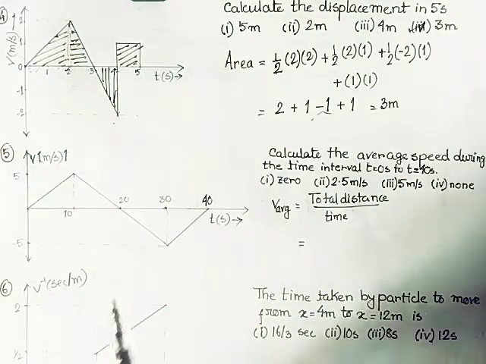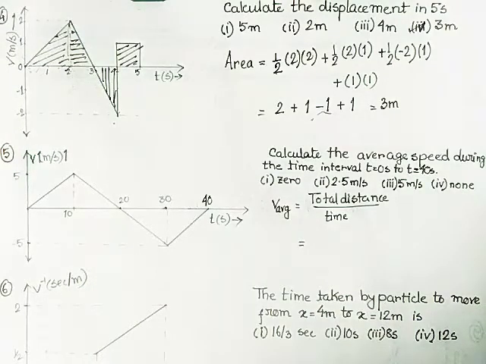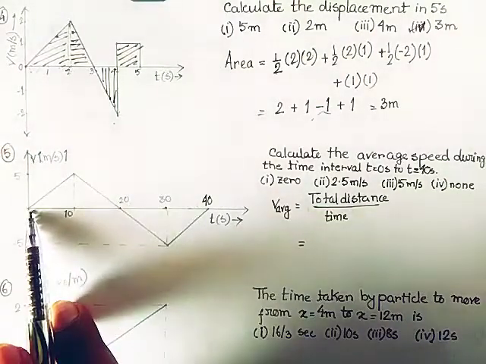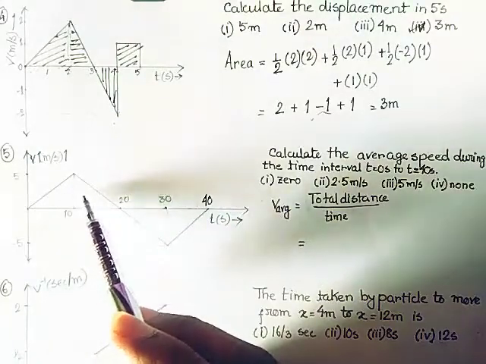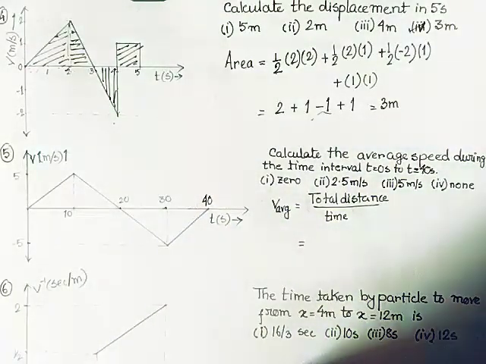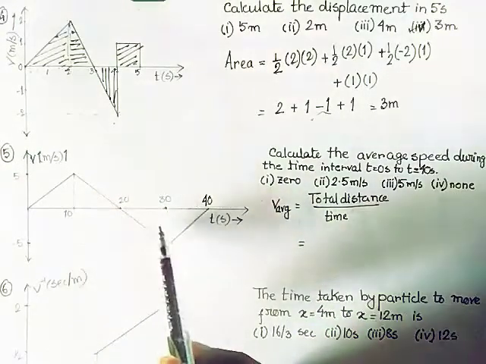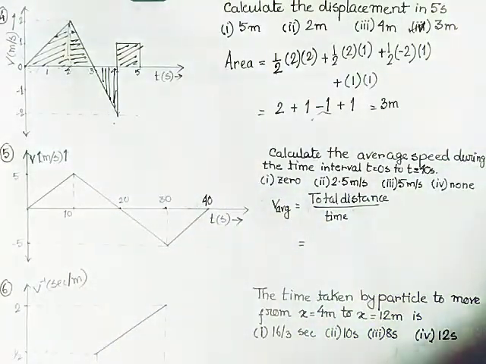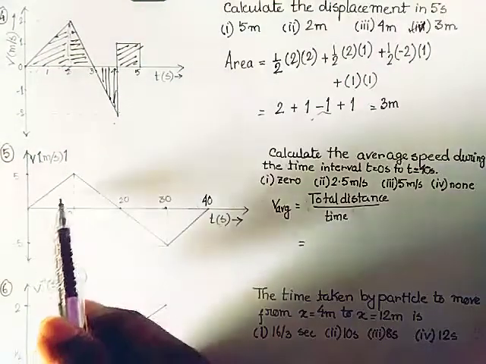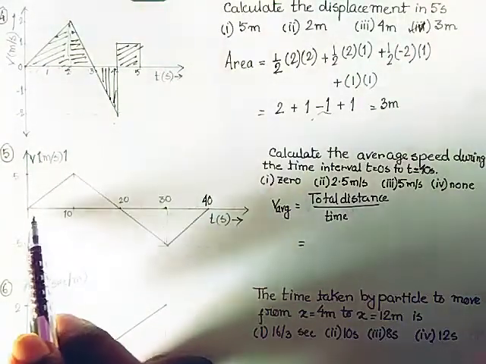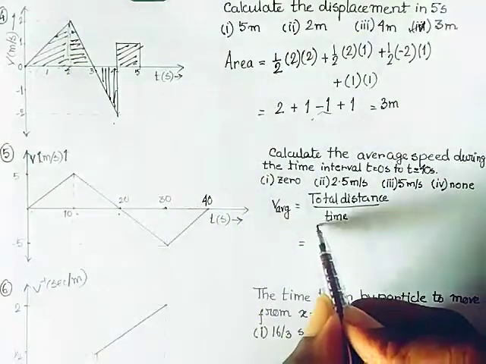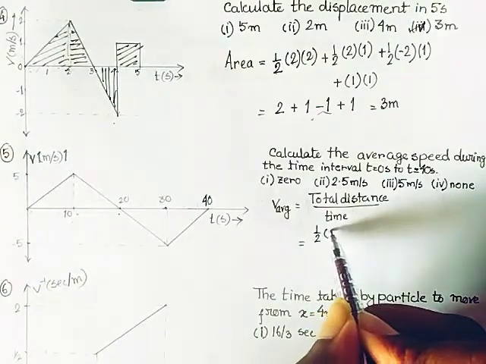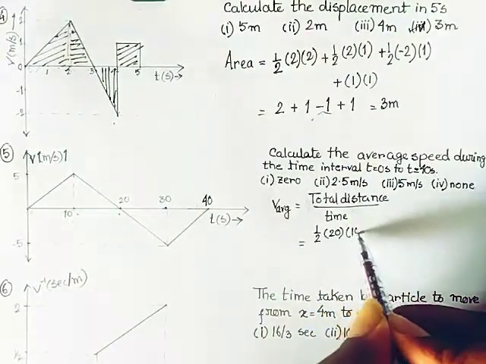We can, without any calculations, from the symmetry, say the answer is 0, because if we take the time axis as the line of symmetry, then on the positive half the triangle and this triangle are similar. So here the positive half and the negative half cancel each other. But if I go to the calculation step by step, then it is a triangle and its base is from 0 to 20. The base is 20 and the height is 10. So it will be 1 by 2 into 20 base and the height is 10.